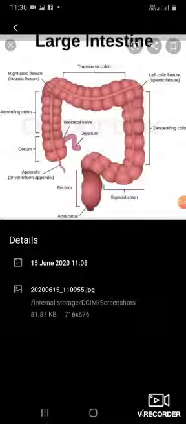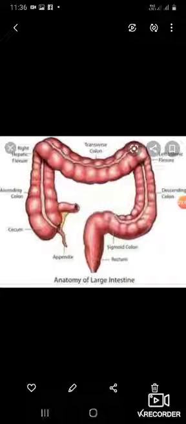Now we will see its blood supply, the appendicular blood supply. The appendicular artery is a branch of the lower division of the ileocolic artery. It runs behind the terminal part of the ileum and enters the mesoappendix at a short distance from its base. Here it gives a recurrent branch which anastomoses with a branch of the posterior cecal artery. The main artery runs towards the tip of the appendix, lying at first near to and then in the free border of the mesoappendix. The terminal part of the artery lies actually on the wall of the appendix.